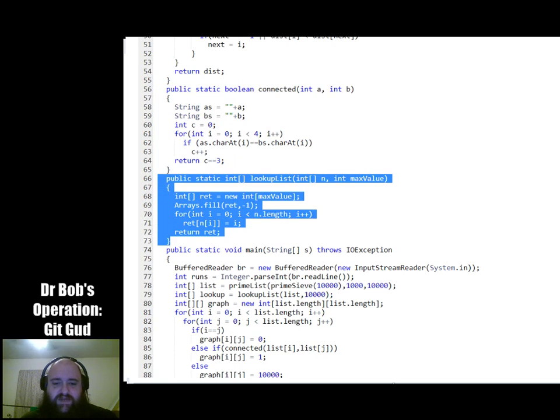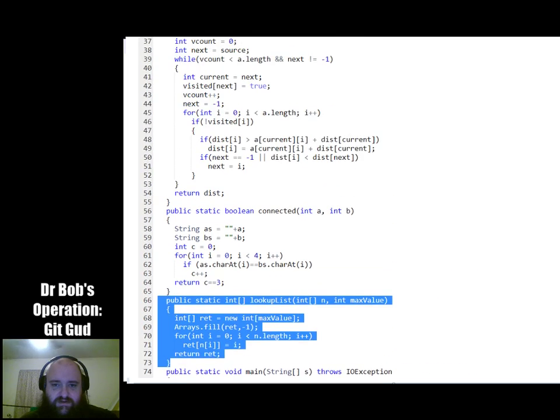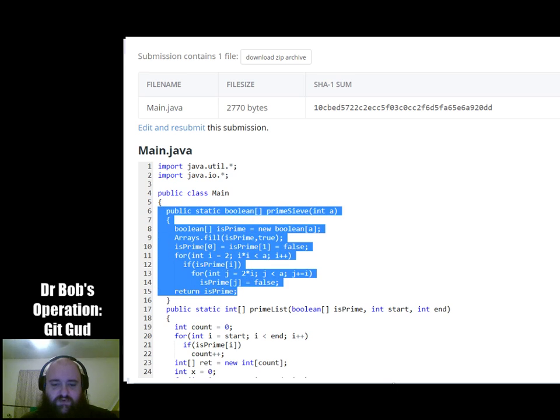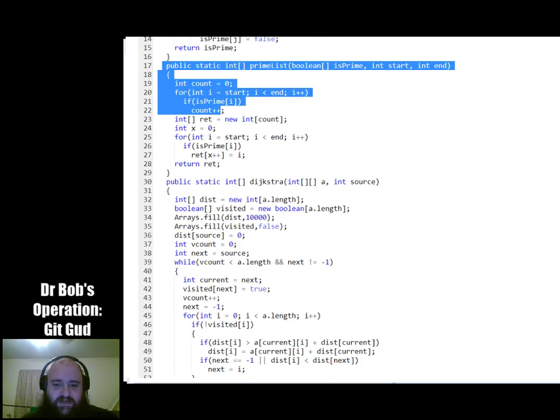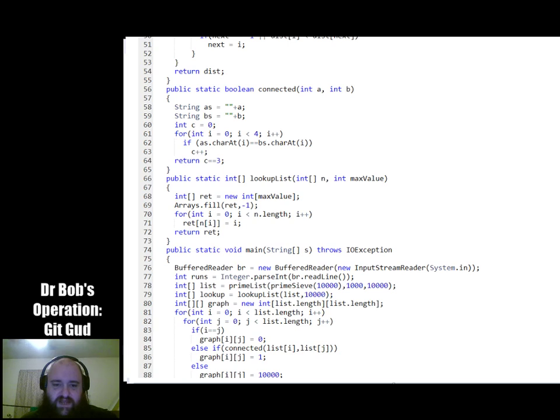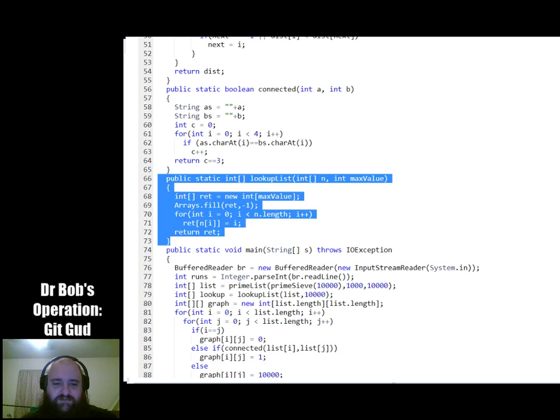Then there's one other thing I do, and that is I create a reverse lookup list. So my first two functions up here were designed to grab booleans representing the primes and then grab a list of the actual prime numbers. Here, what I'm going to do is create a list that tells me what index in the list each prime number is.